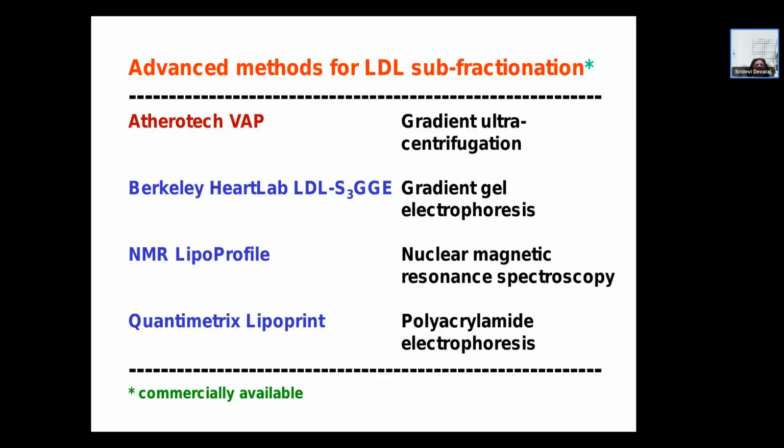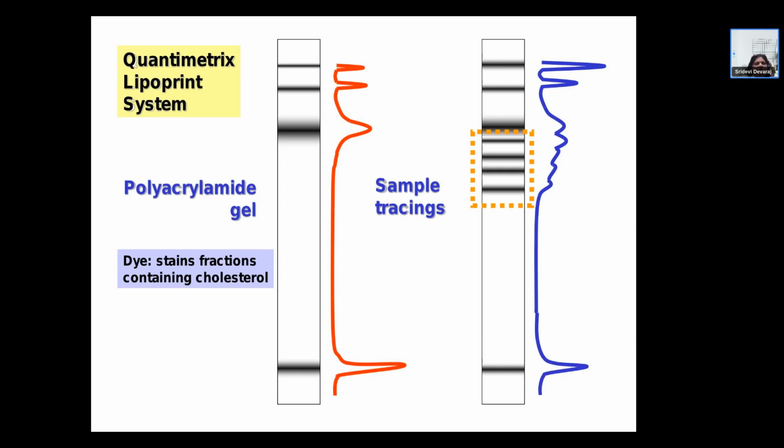There are many methods for LDL subfractionation. Some of them don't exist anymore, like the Atherotech VAP, but it basically uses many different kinds. You have the polyacrylamide electrophoresis, you have NMR spectroscopy, and the most common being the gradient gel, as well as the LC mass spec methods now for fractionation of your LDL. So this is just to show that you have various fractions in your LDL that you can isolate using either